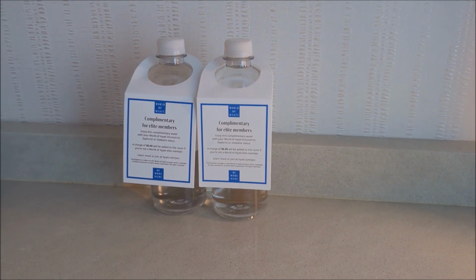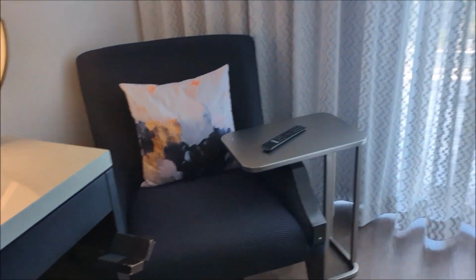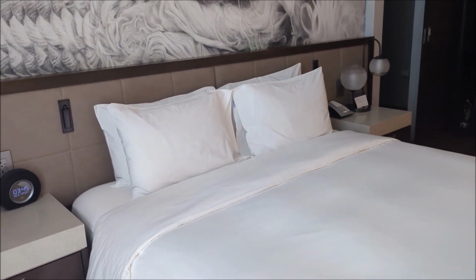This water is complimentary only for your elite members. Otherwise, it is $6 per bottle. You do have a chair to sit and enjoy. This is a king room, so you're gonna, of course, have your king size bed that is here with nightstands